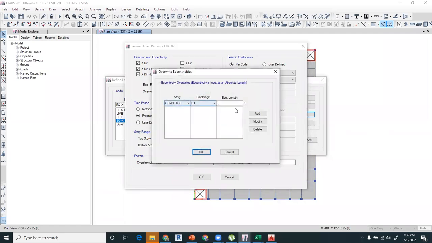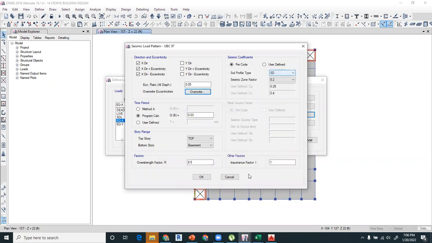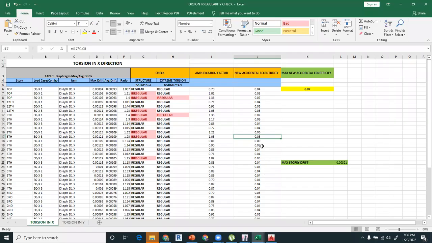So you have to insert the different stories. You have to select that story and insert that eccentricity, right? You have to give the length, right? You have to insert all of these values for the diaphragms, right? So another option is that you select the maximum new eccentricity value from the given list